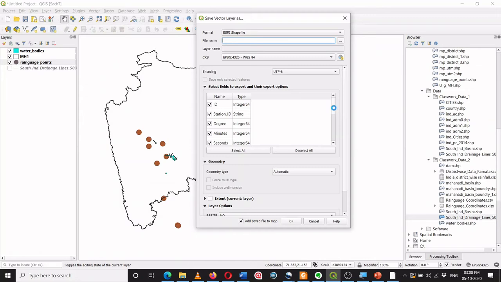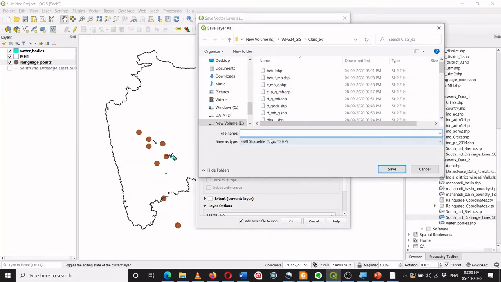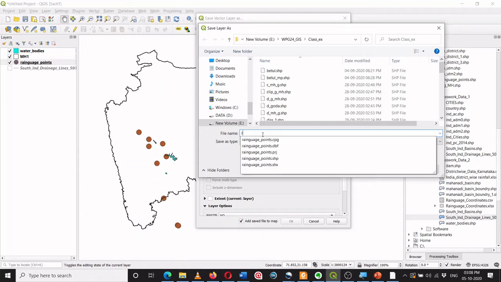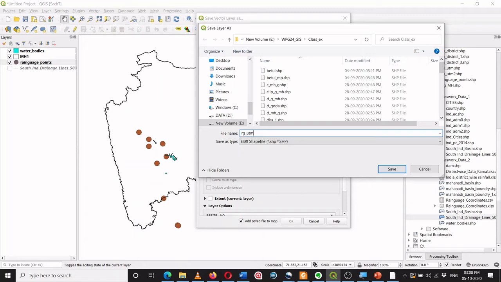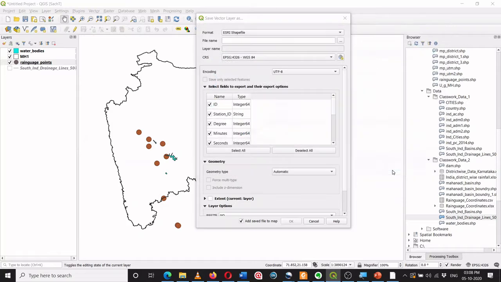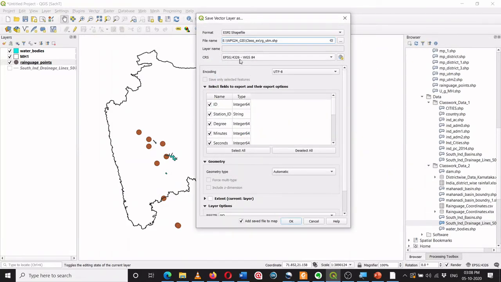Then I will click over here and name it rain gauges UTM, save, and then I will change the CRS to 32643. Since I have used it before, it is available in the drop-down menu, otherwise I have to search for it from over here. I will say okay.